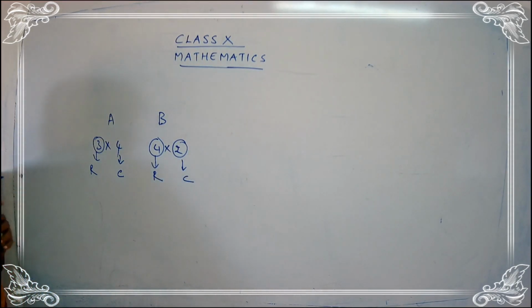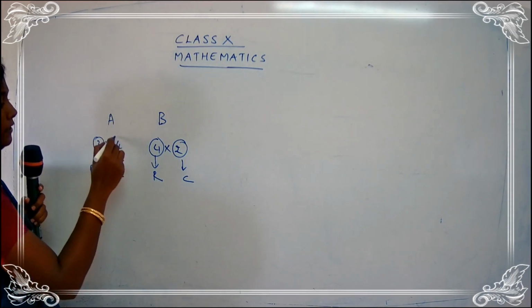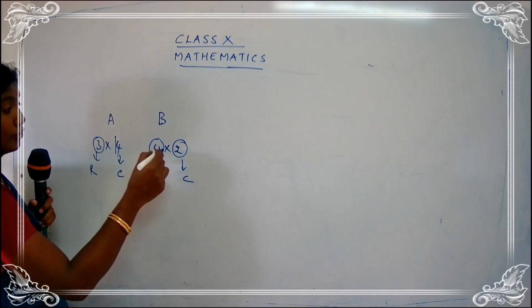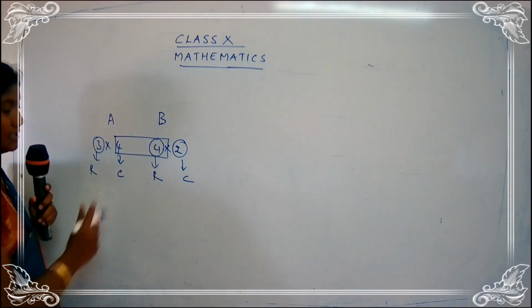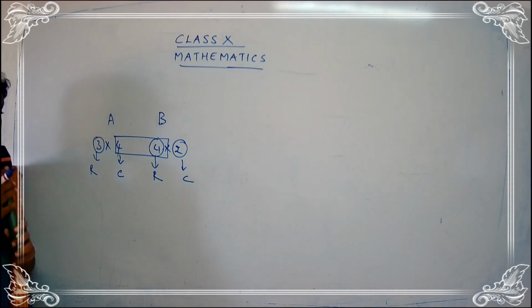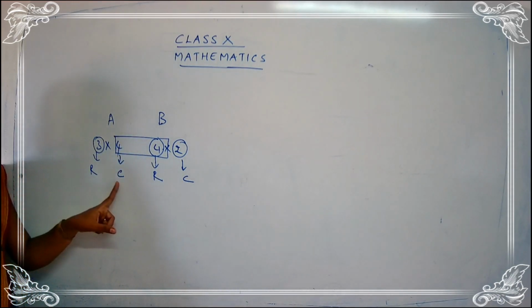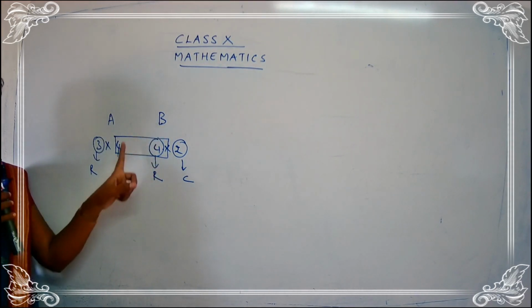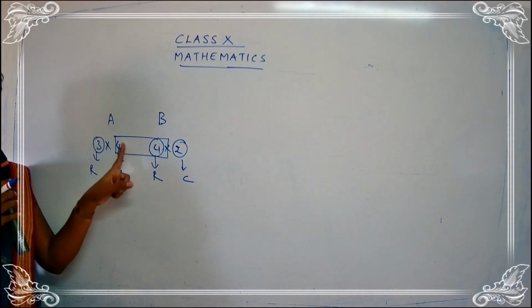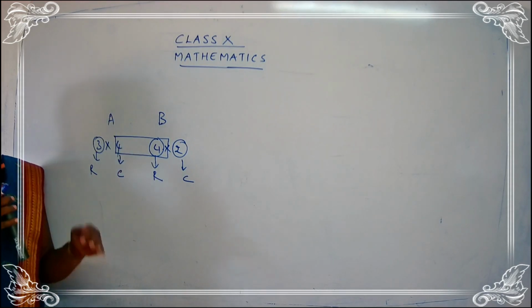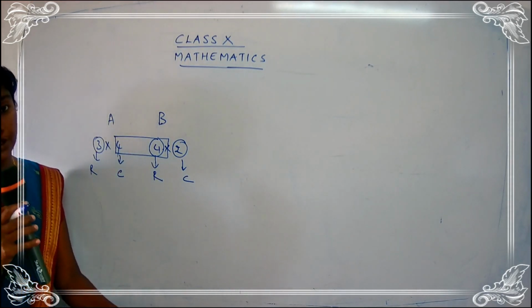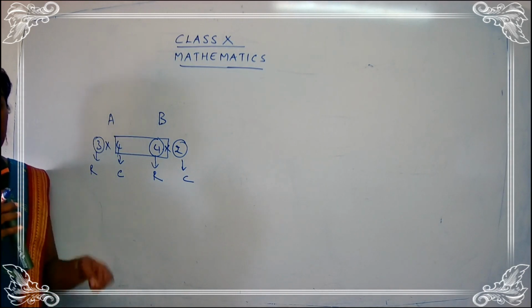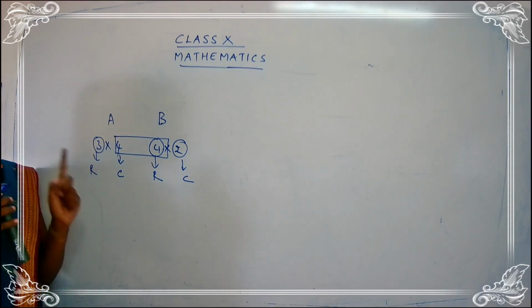So when you go with the matrix multiplication, you are going to see the column of the first matrix and the row of the second matrix. They should be equal. Just see here children, the column of the first matrix and the row of the second matrix should be equal. If they are equal, then only we can proceed with the multiplication. Otherwise, the multiplication is not at all possible. Just keep this in your mind.